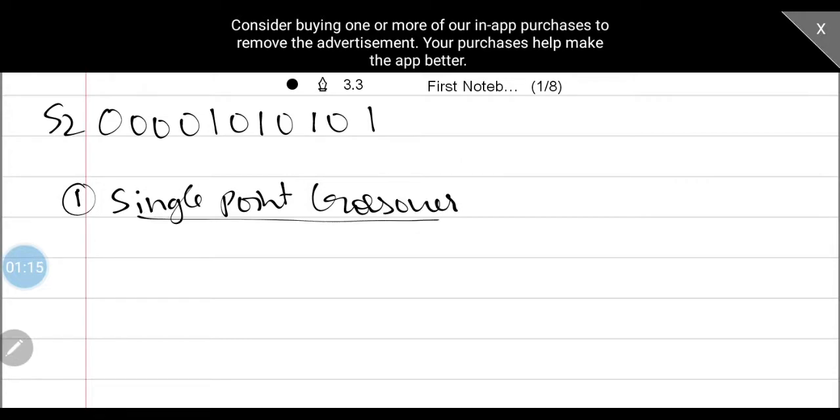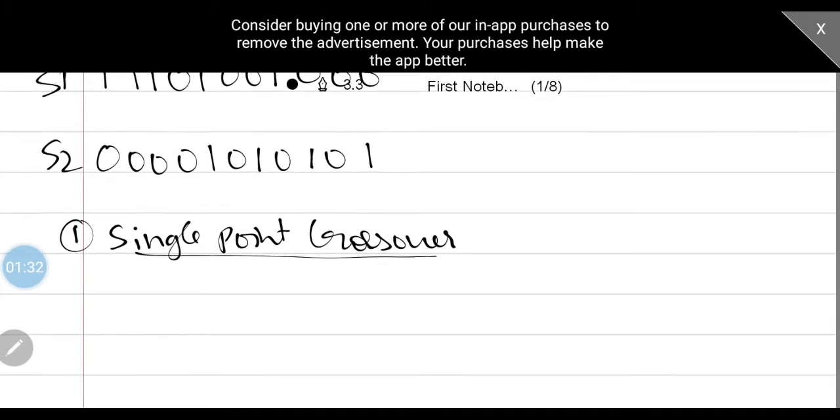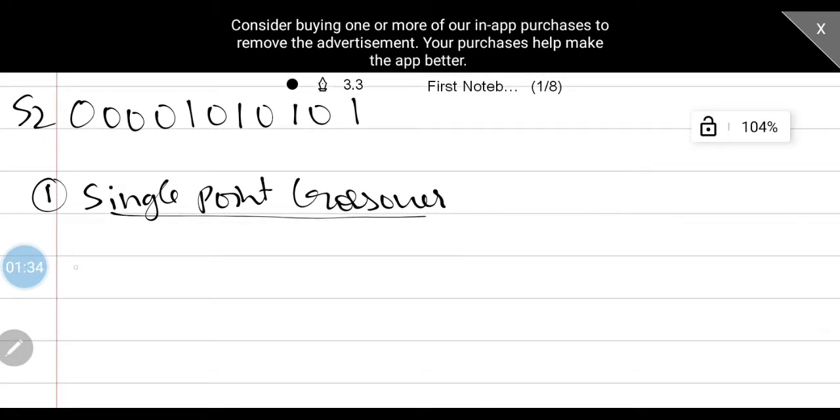In this case, we are going to select a single point of reference. You can take any value. Here there is something called the crossover mask. It depends upon the point we are going to select. So let us note down the strings once again. That is triple one, zero one, double zero, one, triple zero.